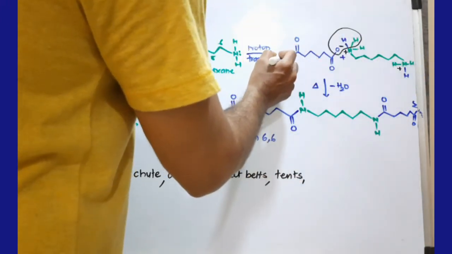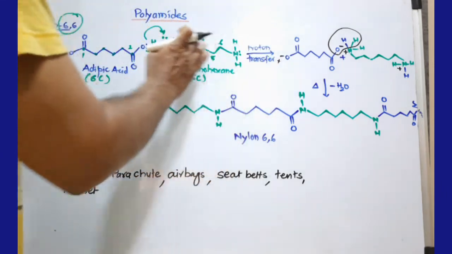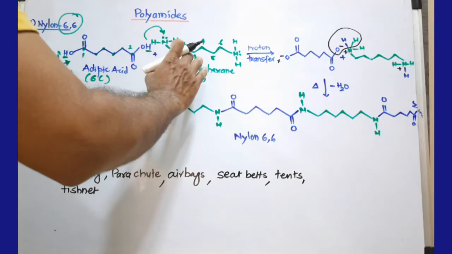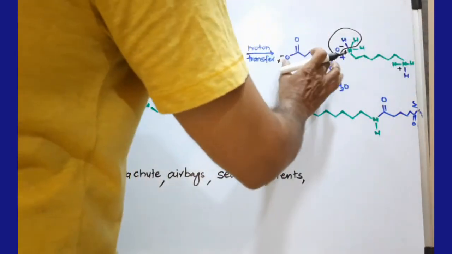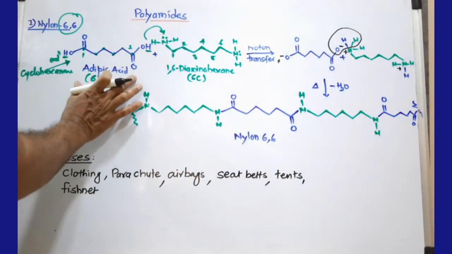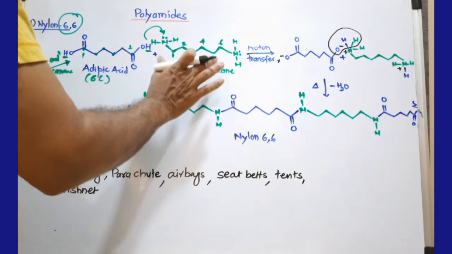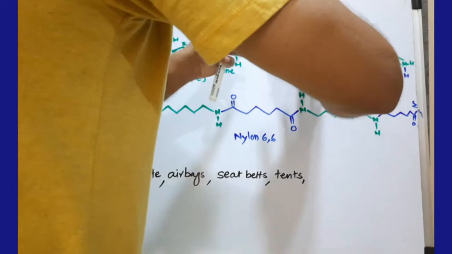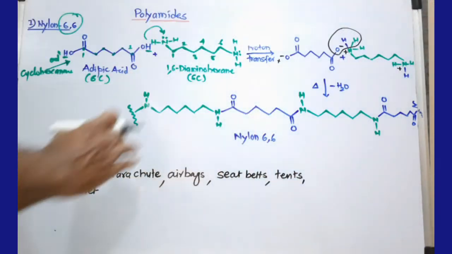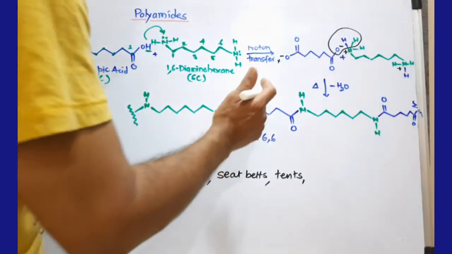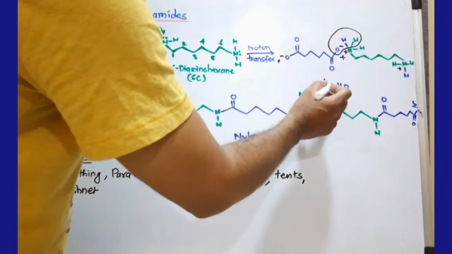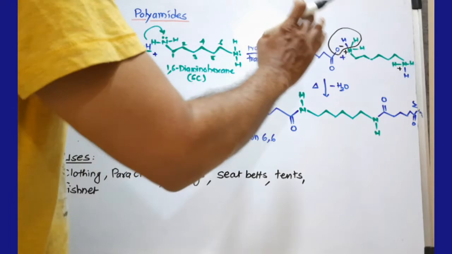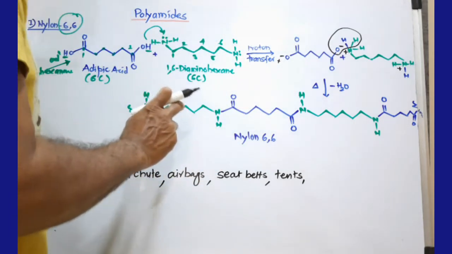Here it is assumed that another 1,6-diaminohexane is there, and n number of molecules, repeatedly taking adipic acid as well as 1,6-diaminohexane. Due to lack of space we cannot draw it, but we have to consider it. Once water is eliminated from both ends repeatedly from both monomers,